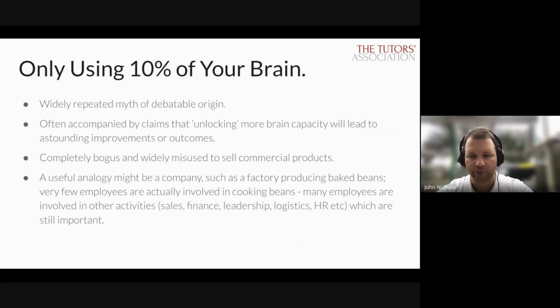There are different parts of your brain, obviously specialized and adapted to do different things. And any particular task is not going to need everything in your brain to do it. If you want to move your finger and raise it into the air, that only requires a very small proportion of your brain. And it doesn't matter how much more of your brain you could or would try to use, it won't make that task any easier to fulfill. And the same is obviously true of academic activities as well. If you're trying to do a maths test, there are parts of your brain which simply don't have any role to play. So the parts of your brain that control gross motor movement aren't going to be applicable when it comes to solving a quadratic equation.